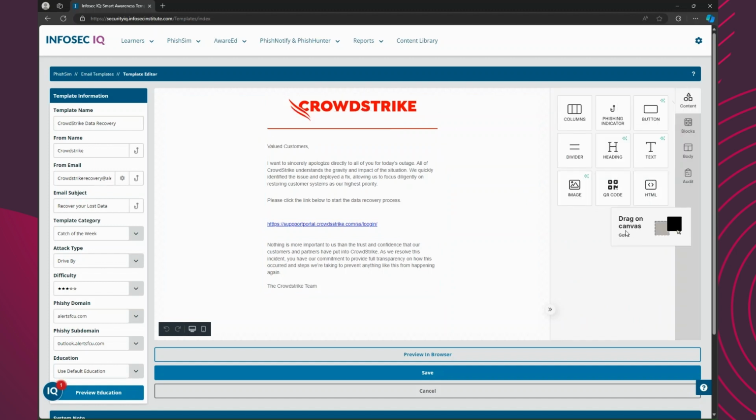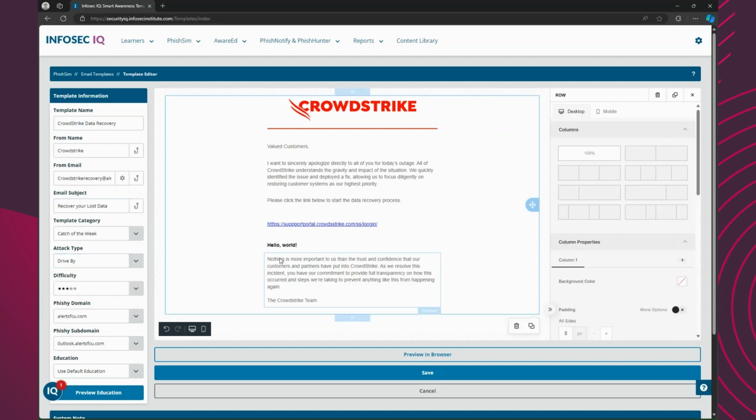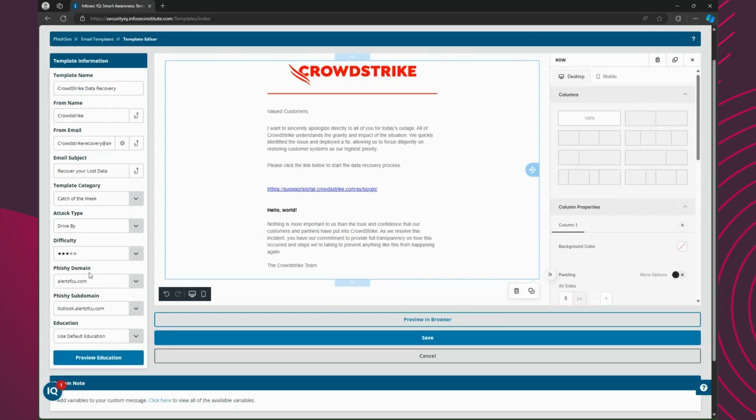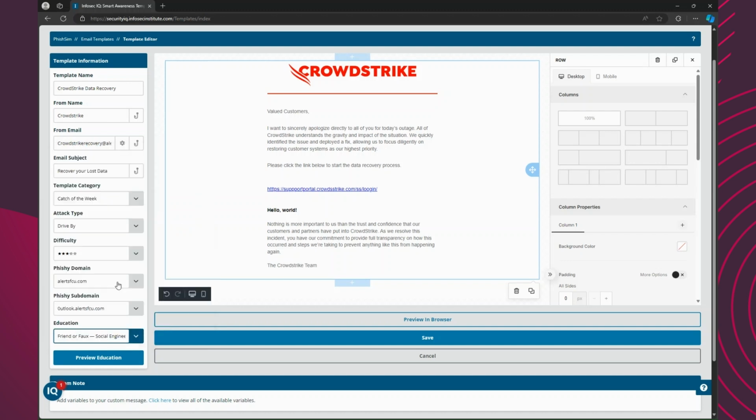In addition to how a learner perceives an email they are viewing from their inbox, admins customize how they interact with the message. From within the editor, choose the type of phishing exercise from simple drive-by links, attachment attacks, data entry, or credential harvesting events, and even BEC campaigns with advanced reply tracking behavior. With each phishing simulation, there is an opportunity to educate your learner. The platform comes with an extensive list of over 130 education pages that provide in-the-moment learning if a simulation is